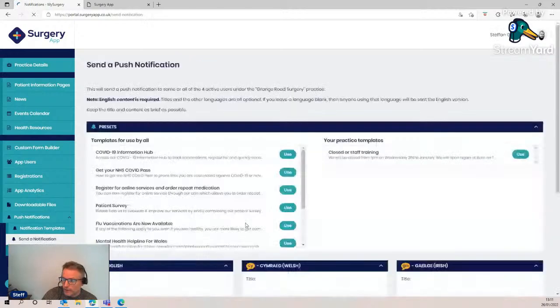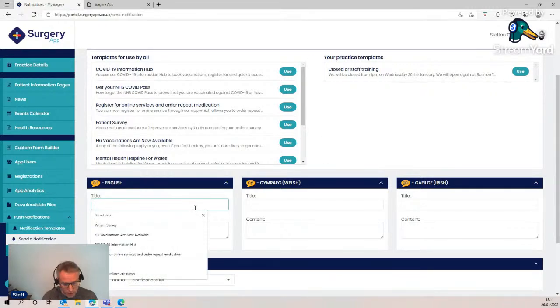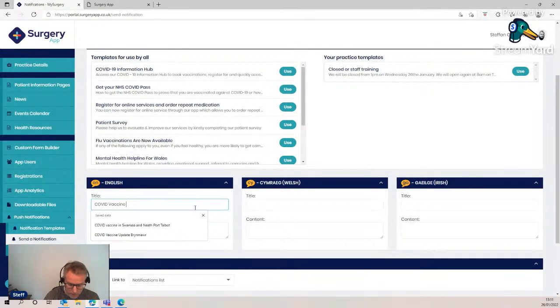Let's see a few other examples you could send, particularly around COVID vaccinations. I know a lot of surgeries have had a high prevalence of calls from patients requesting information around COVID. Well, again, when it rears its ugly head, isn't it? Maybe next year when we get busy again with vaccinations, or with what we find out what's going on, you can tell patients COVID vaccine update. You can put that, and you can say click below